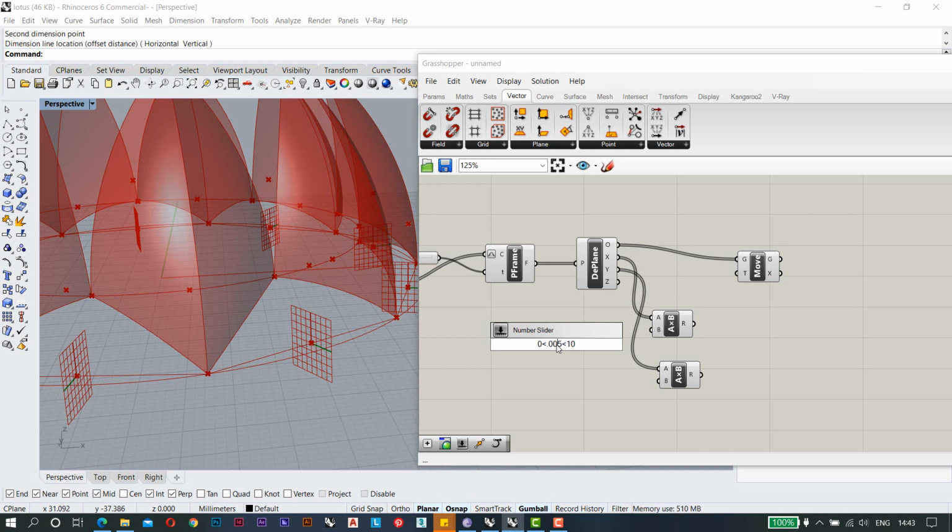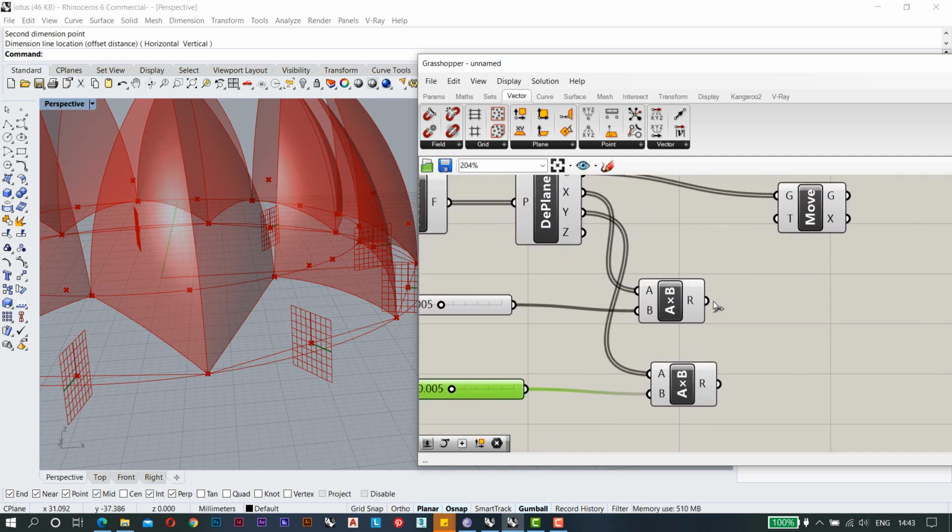I will just make the -10 value. In this way it will give you a slider, and Ctrl+C Ctrl+V, so you have 2 sliders there. So we have added the values. Now we have to add them, so I'm adding them and then putting it here.